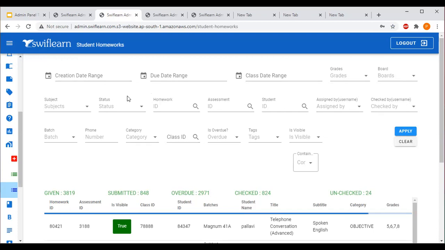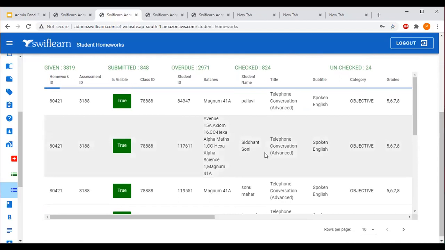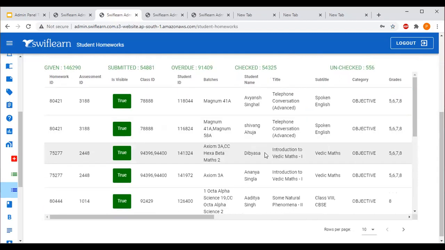Also, we will show you what kind of dashboard you will get. Once you start working on the status tab or class ID tab, this kind of dashboard you will get. One more thing, never ever work on both tabs simultaneously, either work on the class ID tab or the status tab. Now we will show you some of the information about the dashboard, and after that, we will teach you this dashboard in detail while teaching you how to work on the tabs.